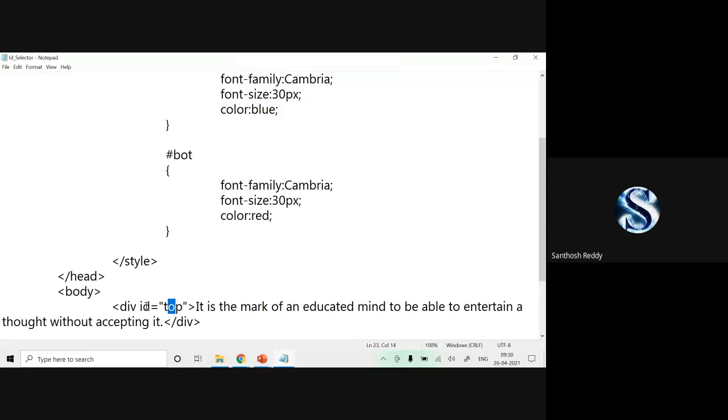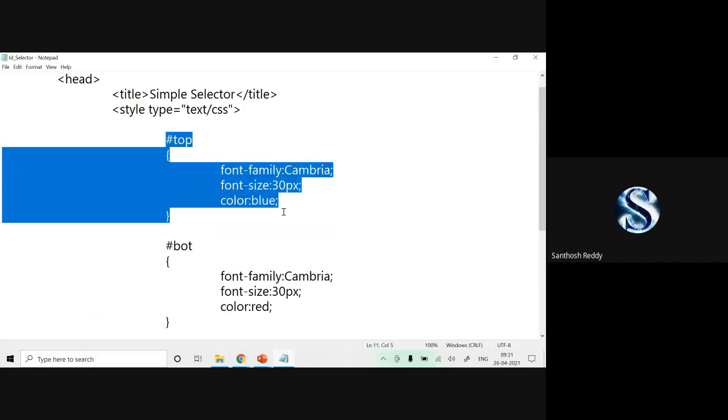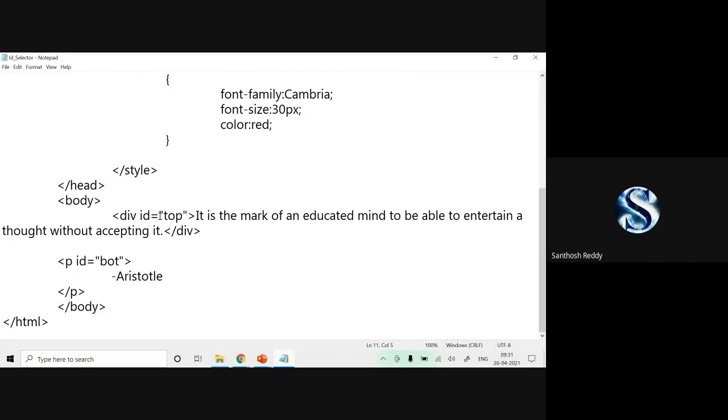And this mentioning of your ID in your header part should start with your hash symbol. Then only the system will get to know that, okay, ID hash, it matches to these values. Top. Okay, this top is matching with your ID part. Then this property is going to be applied wherever you have an ID is equal to top. Okay, is it clear for everyone?